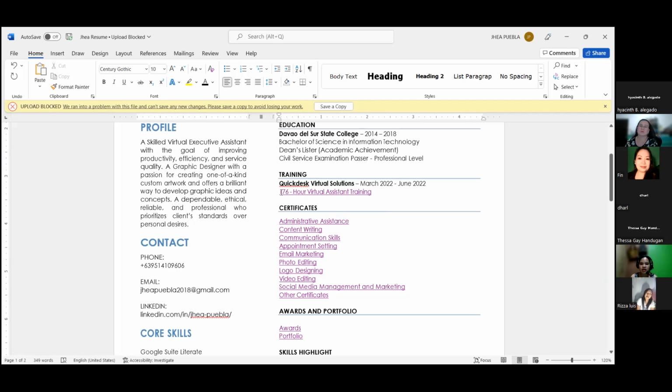So, you need to link your certificates. You need to link your certificates sa resume nyo para may proof kayo na meron talaga kayong certificates. I mean, real talaga yung certificates. So, what you need to do is to put a hyperlink on every certificate that you mentioned or that you have. So you simply